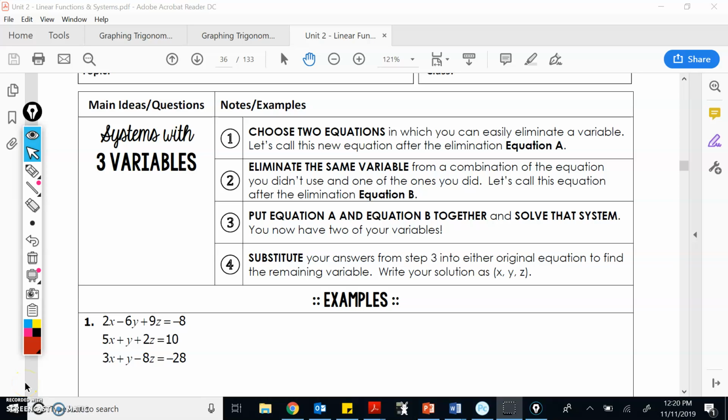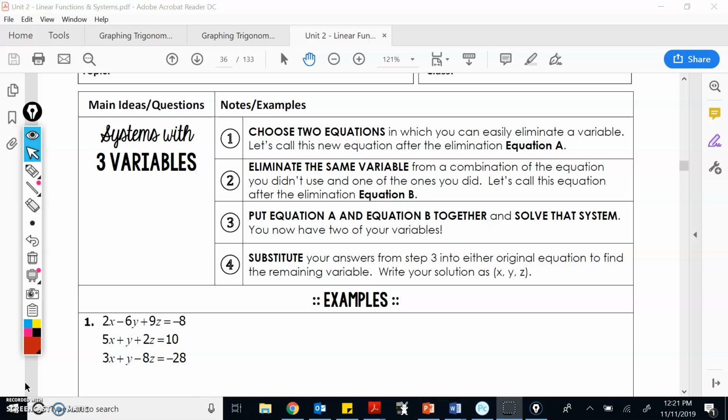Guys, today's video is on solving systems with three equations. Now you're going to be introduced to not only x and y, but we're going to have a z variable. And it looks a little daunting, but not too bad. Follow the steps. Step one, we are going to choose just two of the equations where we can possibly eliminate